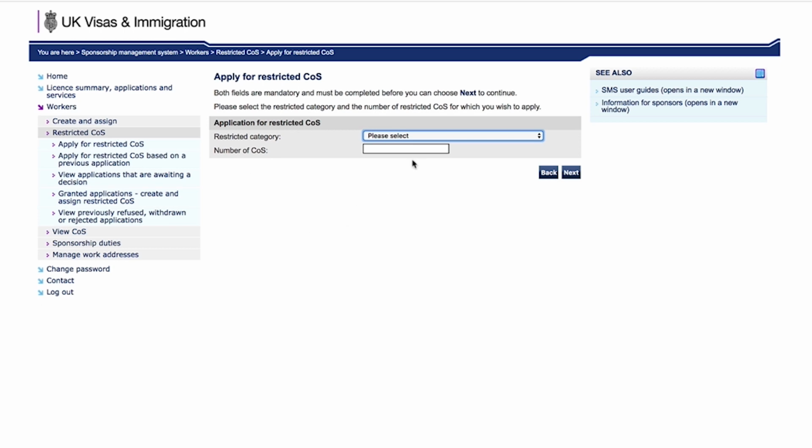Now from this screen, you've got to select the restricted category in which you wish to apply. So as I say, either Tier 2 new hires under 150k or Tier 4 dependents switching to Tier 2. So let's click on Tier 2 General New Hires Restricted, and then you've got to enter the number of certificates of sponsorship that you want. In this case it's going to be 1. Then you click on Next,